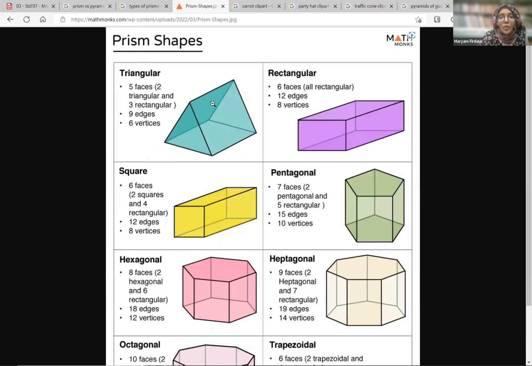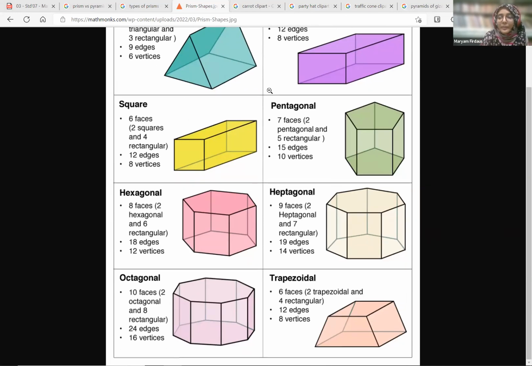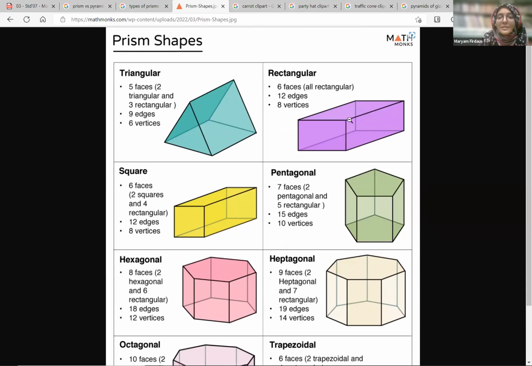There's a triangular prism. Why is it called a triangular prism? Because of these two triangles that you can see, the triangular lateral sides. Can you see these two triangles? Yeah, this one triangle and the one behind it. So that's why it is called a triangular prism. If these triangles were converted into rectangles, then it would be called a rectangular prism. And a rectangular prism can also be called,